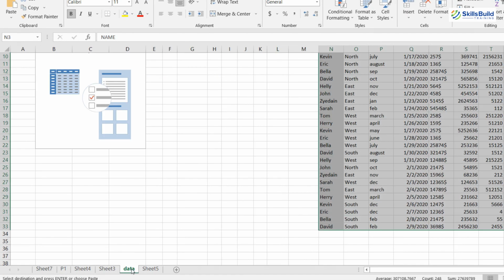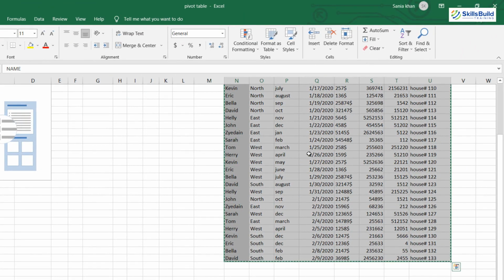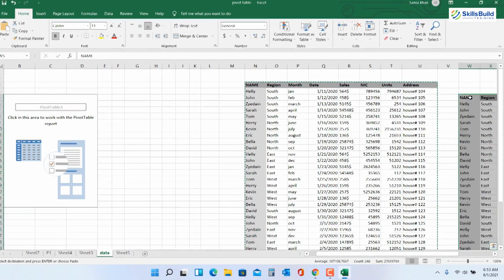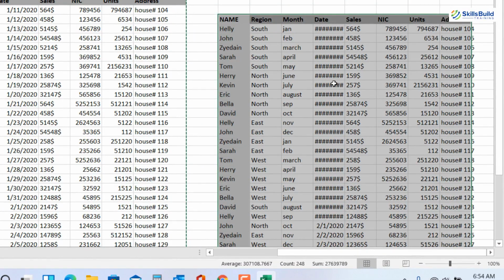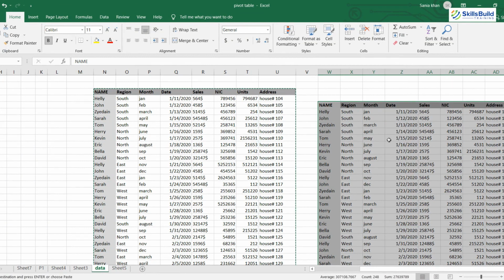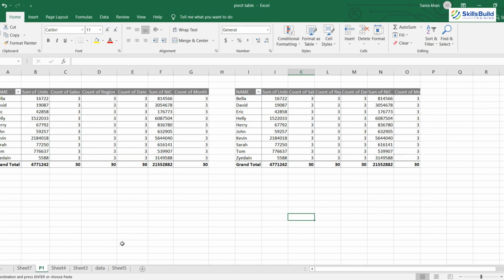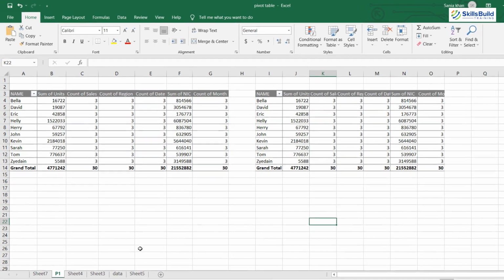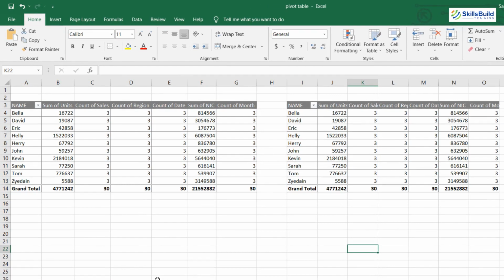But if I copy this data, Control C, and paste it over here, Control V, here you can see the date is not visible. I need to maximize this column size a bit in order to see the exact date. So that is how you can change the column width using this option. So a pivot table is not just to organize the data, it also gives you a lot of facilities. It facilitates you and pampers you in a way so you will be more productive.